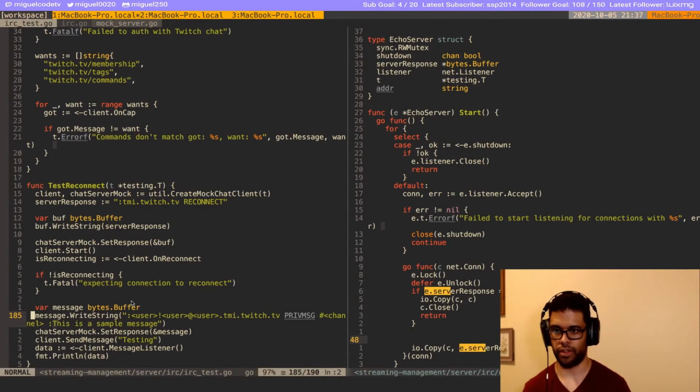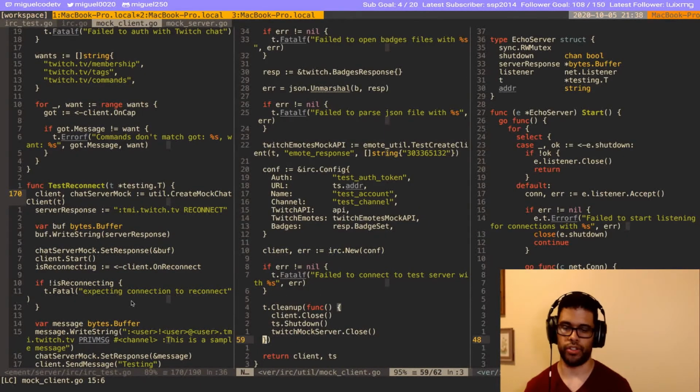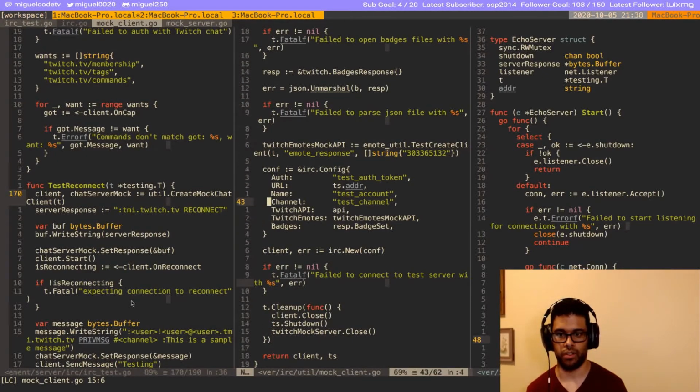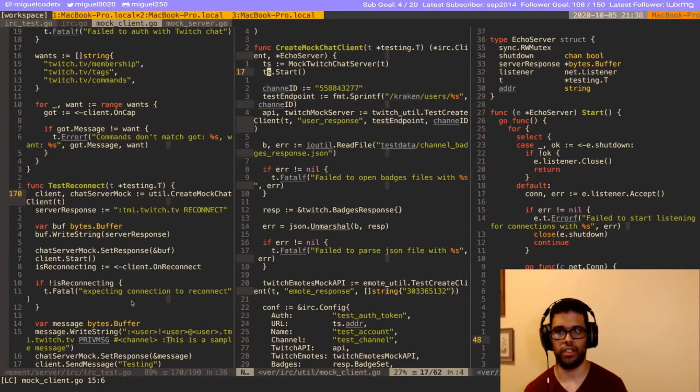We're cleaning up after ourselves. Yeah, we're shutting ourselves down. But are we turning off the Mac server too? It's turning off the client. Yes, turning off the Mac server too.